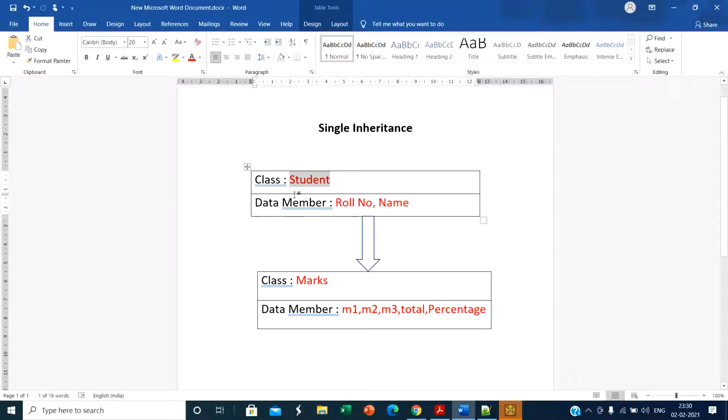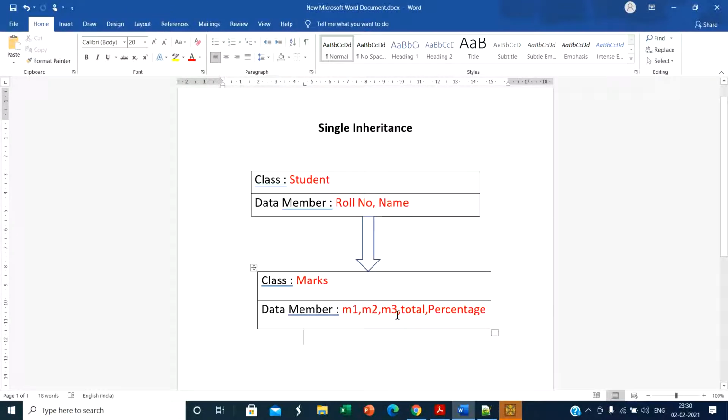Then one class is derived from this class, called marks. So what we will do is create a class student with data members roll number and name. From it we will derive another class marks with data members m1, m2, m3, total marks and percentage. This is the simple diagrammatical representation of the program.